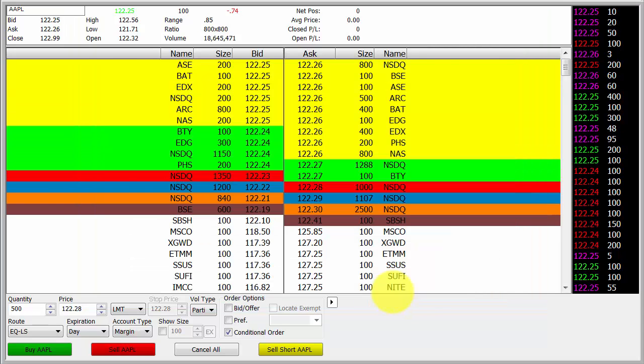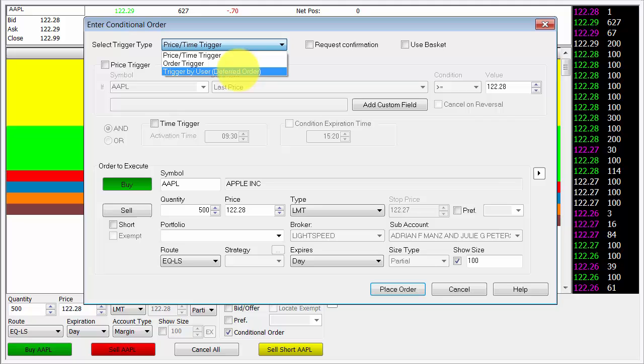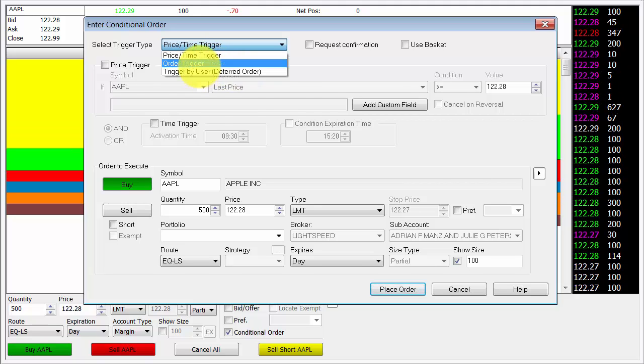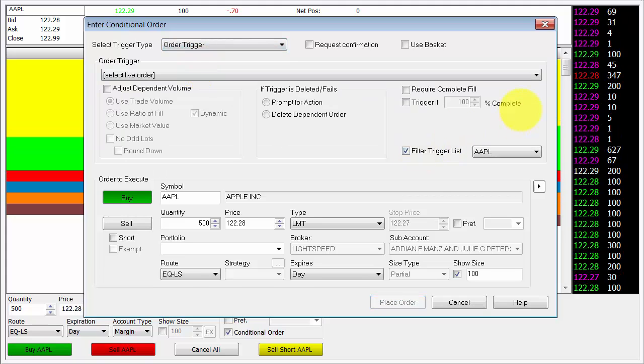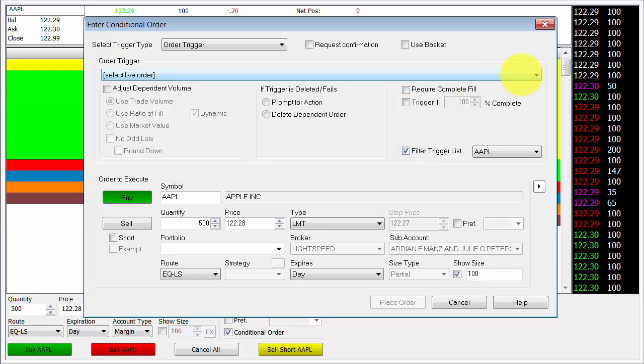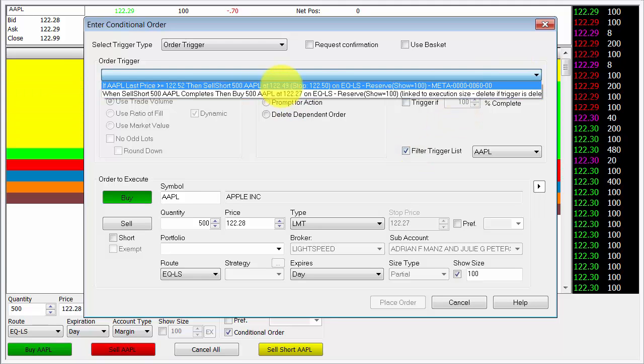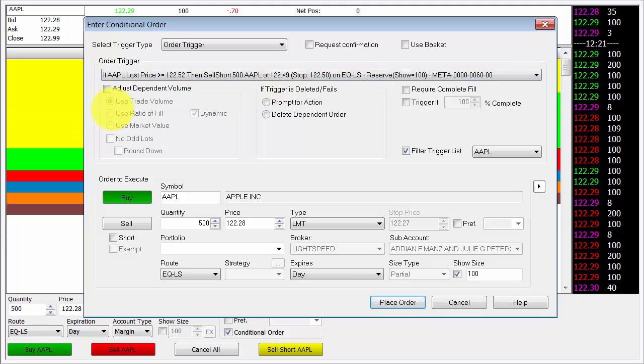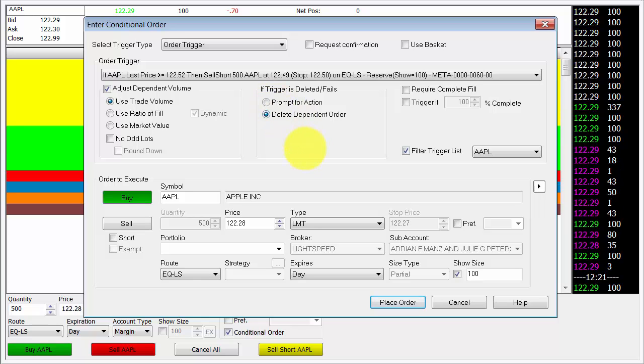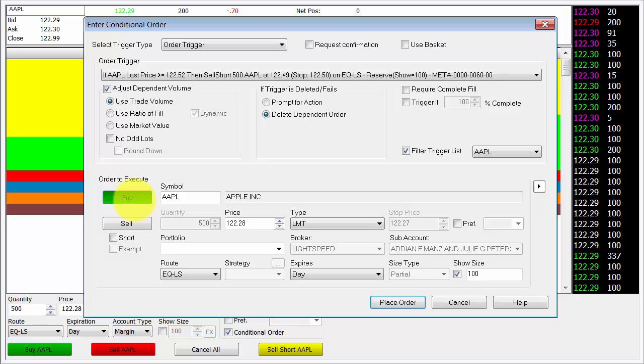Click on place order, and then if we want to pre-program our stop loss, usually on these I'm just going to use my discretion to exit the order, but we go through, select the live Apple order. So if we had the sell short order happen, again adjust the dependent volume, delete it if it didn't happen, and we're going to go down here and we're going to say buy it. And in this case, if we got in at 50, let's just say that we want to get out at